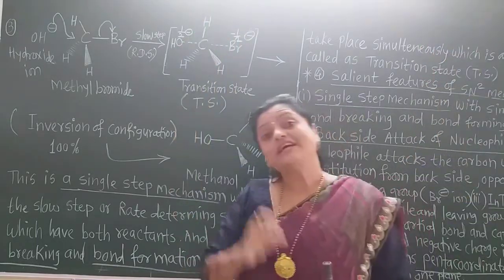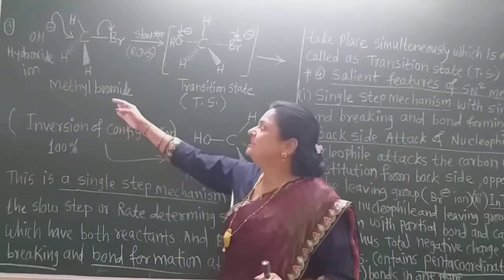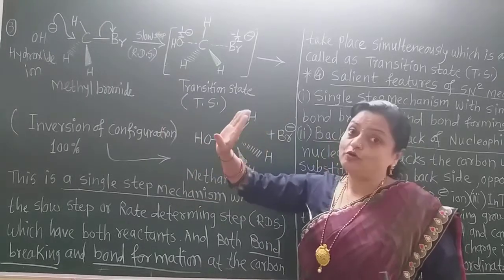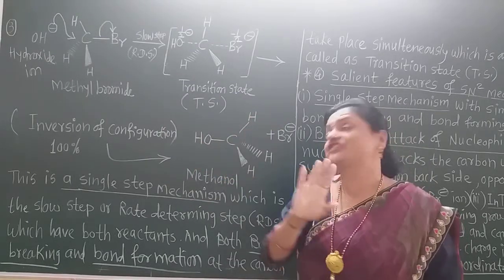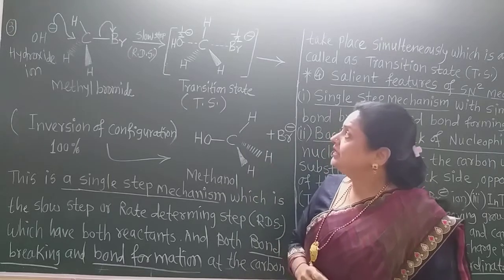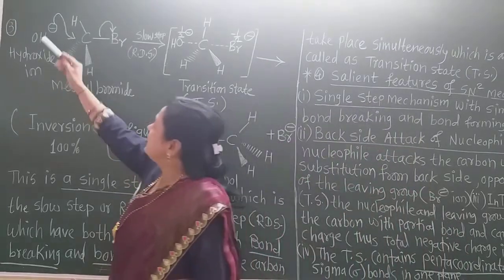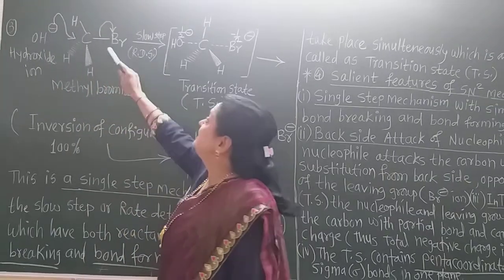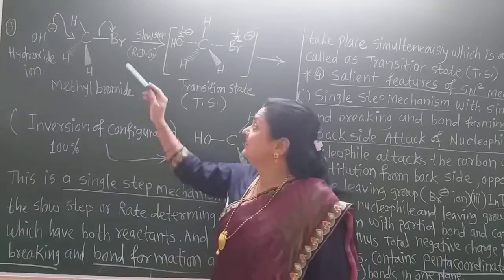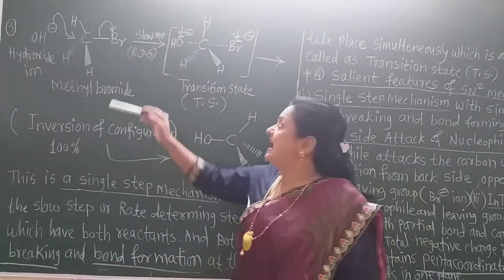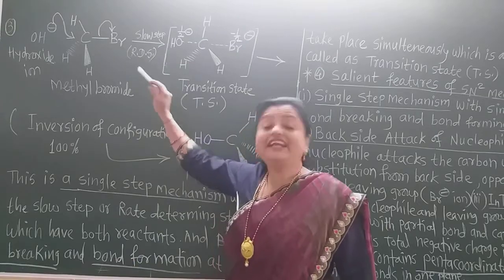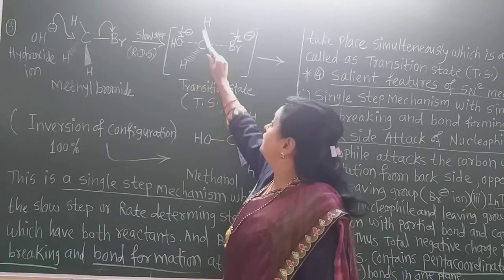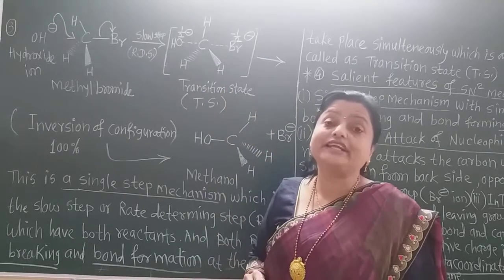the umbrella gets blown inside out. In the same manner, this methyl bromide having 100% inversion, the reactant molecule is totally inverted in its configuration into the product molecule. Now in this way, this OH minus ion attacks this carbon from the back side. At the same time, this leaving group Br minus ion gets detached. And in the slow step, that is the rate determining step, what is there? There is the carbon having 5 bonds now, penta-coordinate carbon.